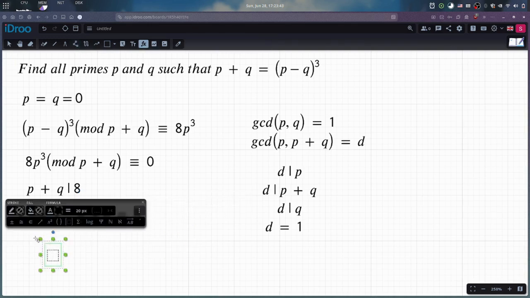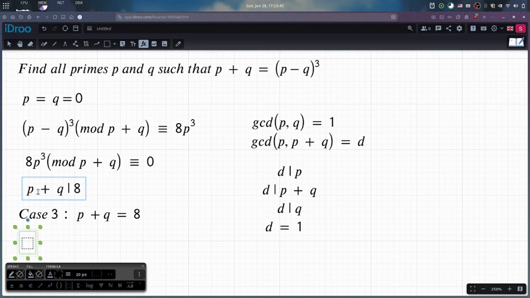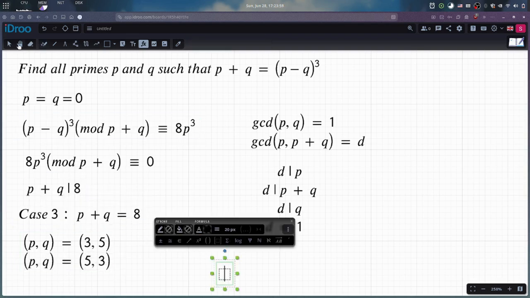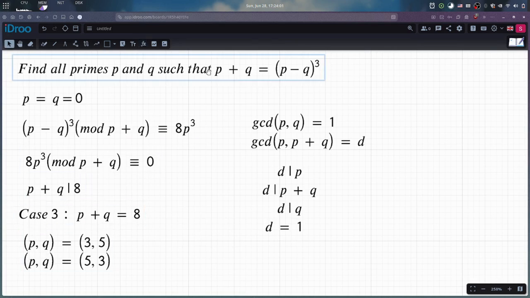Either the answer is (p, q) equal to (3, 5), or (p, q) equal to (5, 3). But one of them won't work, because if you substitute this into the original equation, let's say the first one,